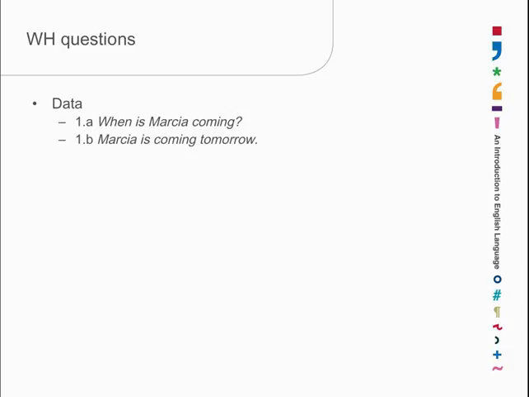Here we're questioning an adverbial. We don't know when Marcia is coming. We do want to know, and what we want to know is the date, the time. We have a time adverbial that we're questioning. Notice the form of 1a. We've got a WH word, when, out the front, but we also have the first auxiliary, is, out the front